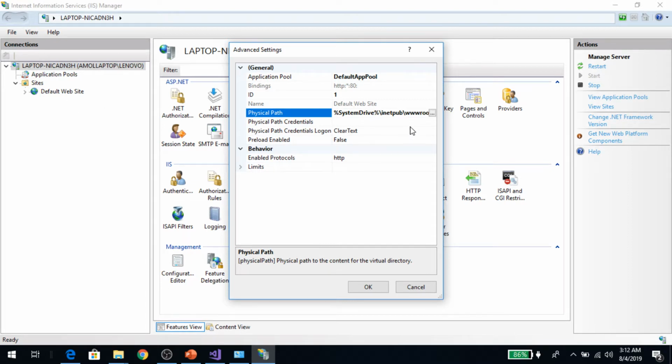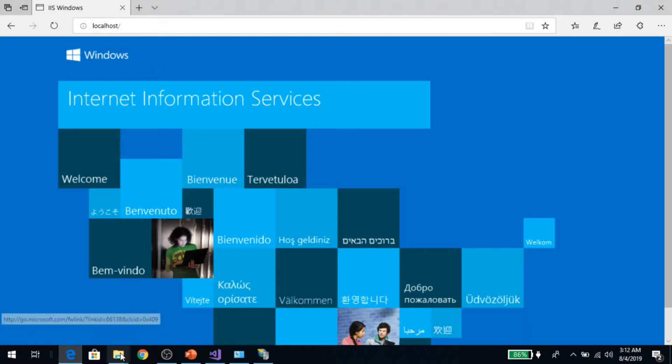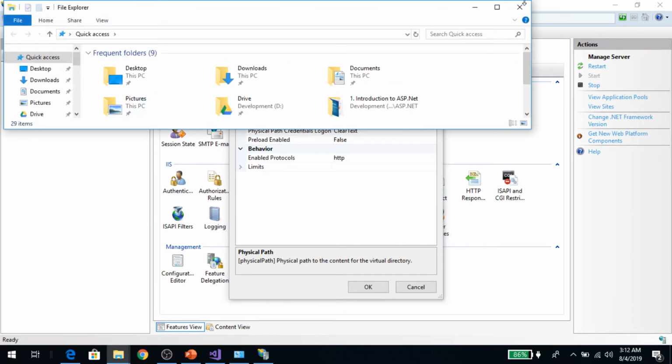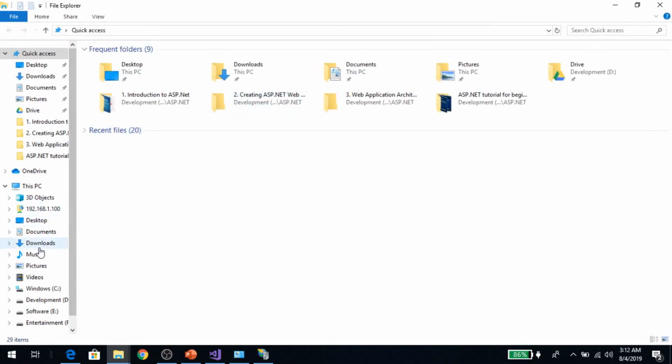If you go to that path, you will realize that whatever file you save for the Internet Information Services is available on this path. System drive by default in my machine is C, it may be D or any other. So instead of mentioning the specific drive, it mentions the system drive, then inetpub and wwwroot. I will show that file to you so that it will be understood. It will be on C,